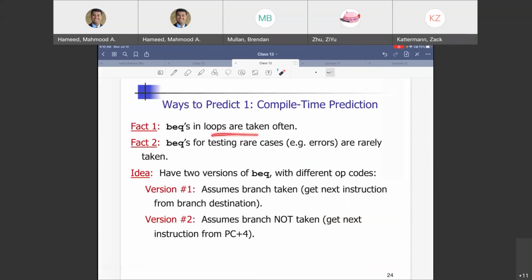Loops, often it is taken. Rare cases, rarely taken. So because of that skewed nature, it's not half and half anymore. If it was half and half, then we don't gain anything from prediction. Because of the data being skewed that much, you can start predicting so that the one clock cycle that we lose is actually maybe like 0.1, right? Instead of one clock cycle. So I hope that answers that.